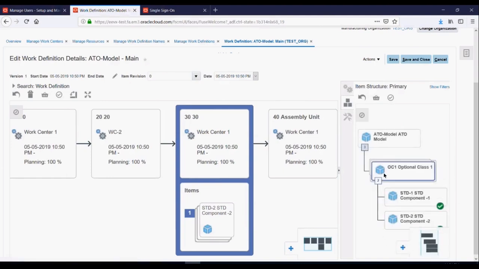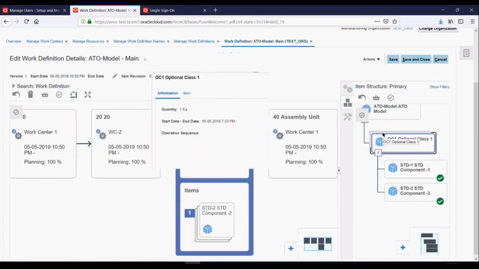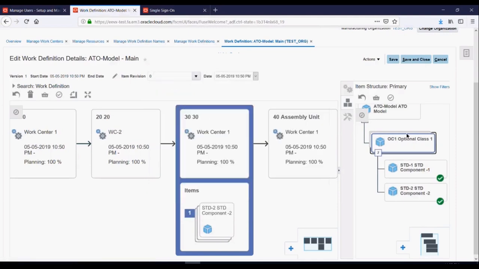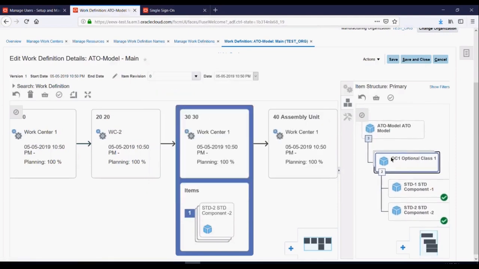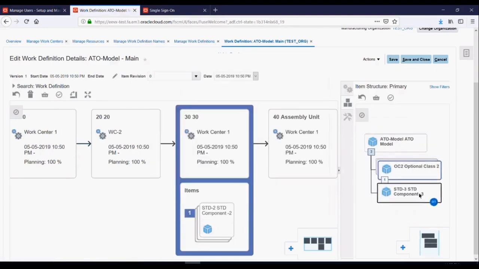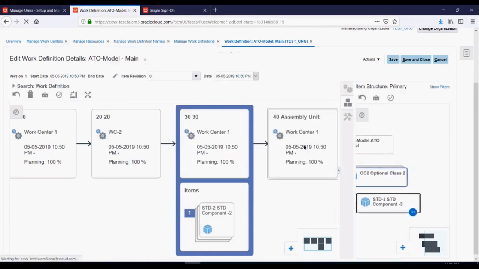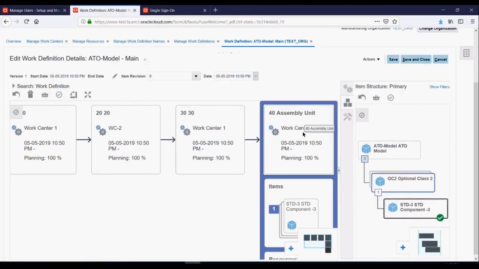So now, where is standard component 2? Is that assigned? Okay, I'm going to search for my... earlier it never used to collapse like this, and now you see right now my option class 2 is not visible. I'm just clicking here and there. Okay, now my option class 2 has come. So now in option class 2, I've picked up the third component and assigned it to my